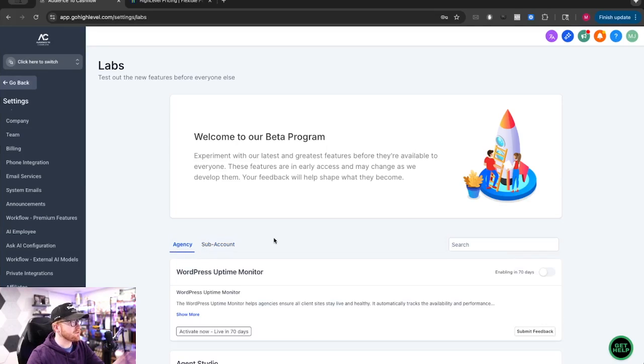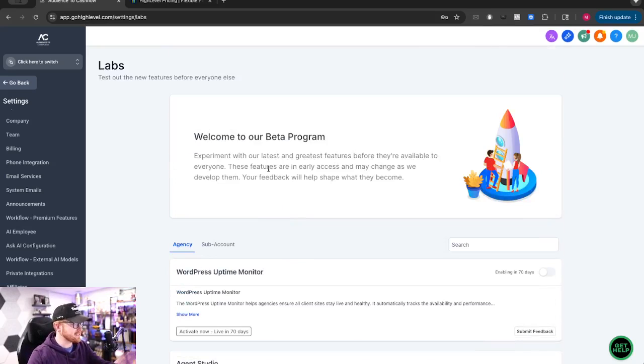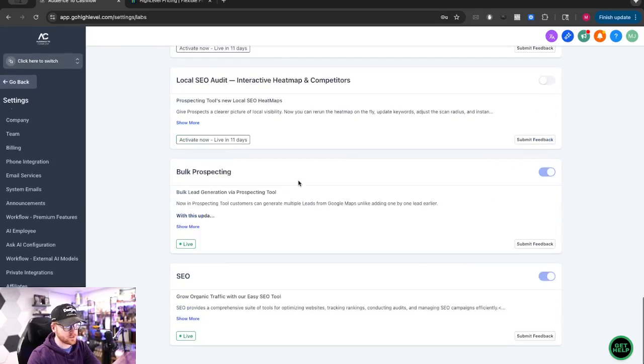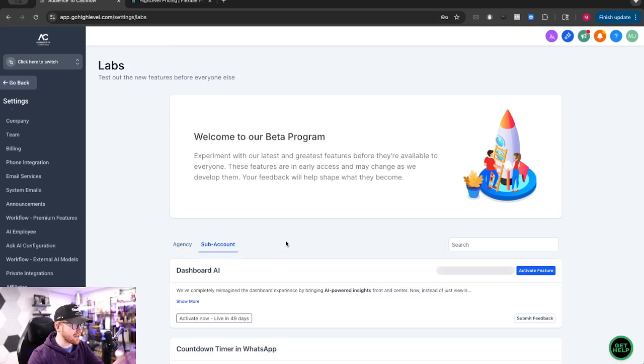Now, by default, when you open up labs, you're on the agency section. And labs is basically, as you can see, Go HighLevel's beta program. Everything that they're working on that is not yet released but is usable, you can actually access early. Now on the agency side, there's some cool stuff, but it's super, super limited. And it took me a while to realize that you can toggle here to sub account, and this is where